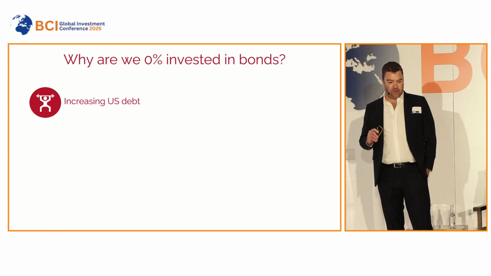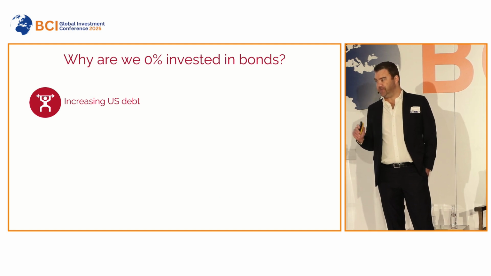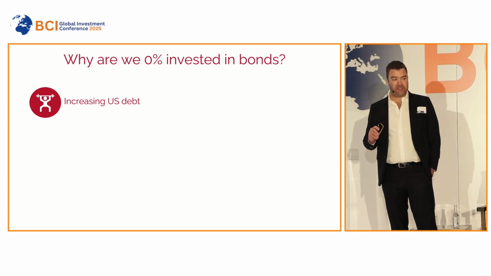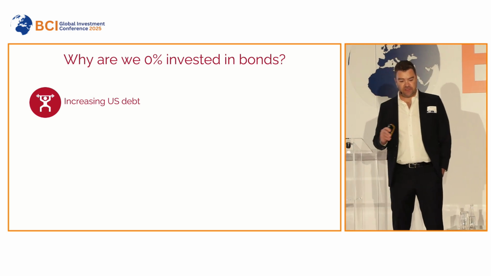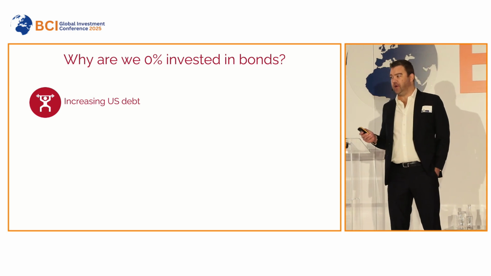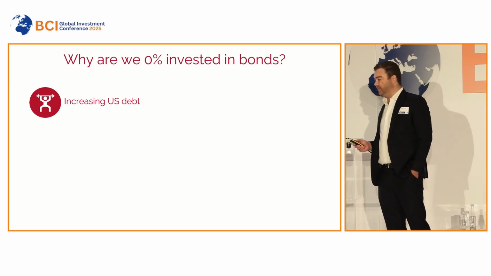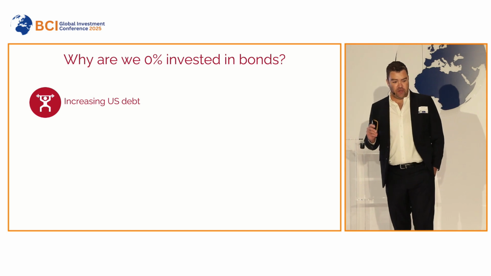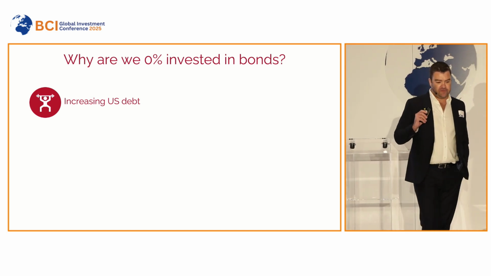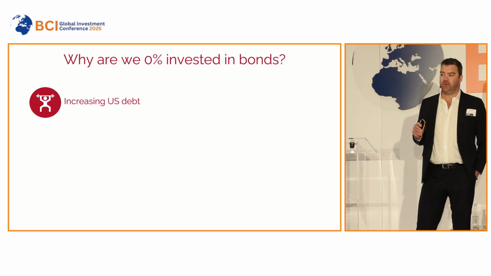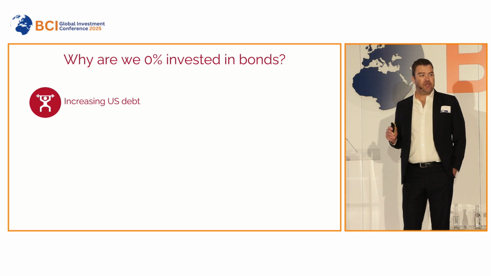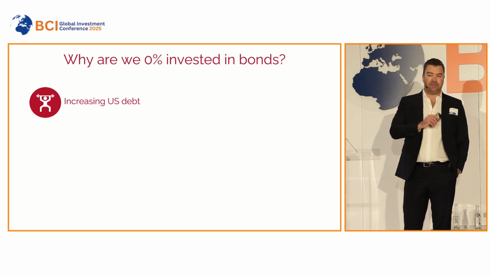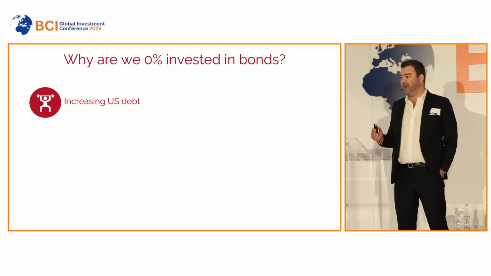So if we look at US debt particularly, the US is on an unsustainable fiscal framework when it comes to debt. Now, I know it sounds simplistic, but when you are buying a bond, you're literally lending somebody money. And if we look at the US, for the first time in history, in early 2024, the US had to borrow money, not just to pay off existing debt as it rolled over, but it had to pay the interest